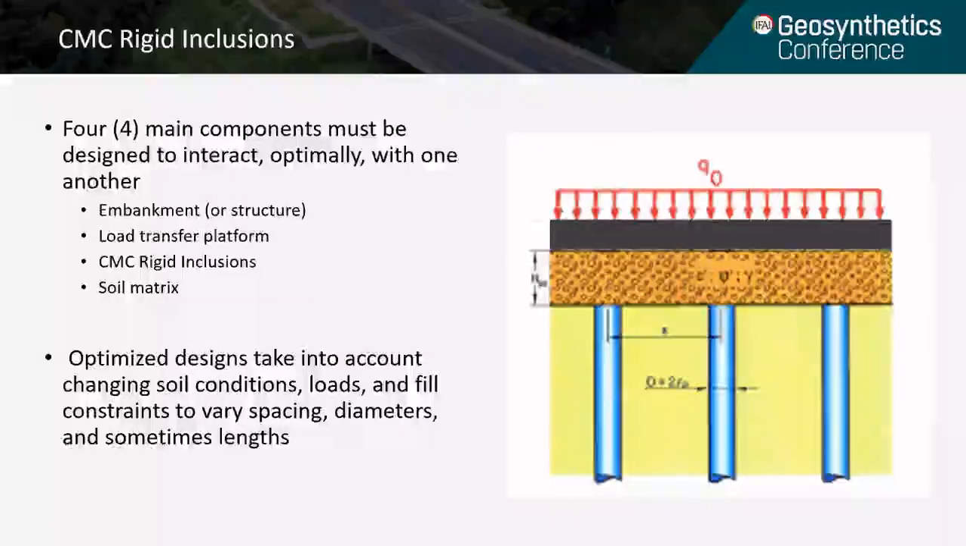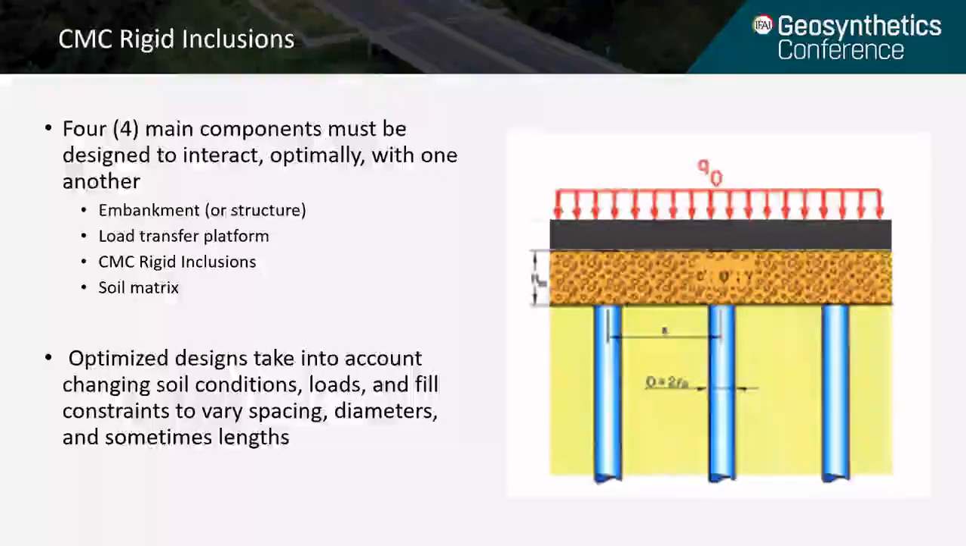So I've introduced what a rigid inclusion is, but the columns themselves are just a part of the overall ground improvement system, and each of the parts must interact properly with each other to achieve optimal performance. So first of all, you have the structure or the embankment that needs to be supported. That structure is going to interact directly with the layer known as a load transfer platform, or LTP. This layer efficiently transmits the structural loads into the grid of inclusions below, and we'll be talking more about this